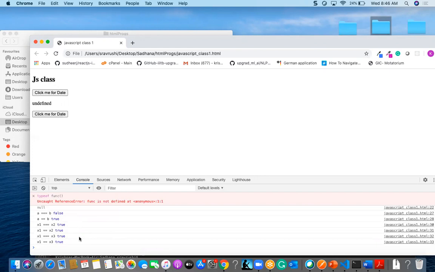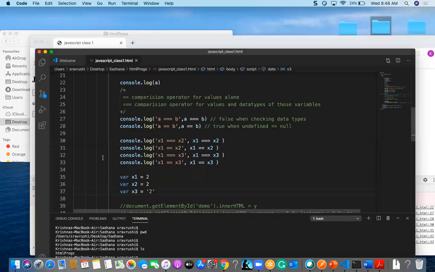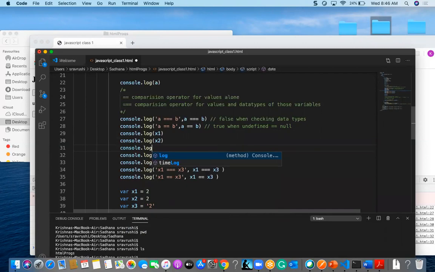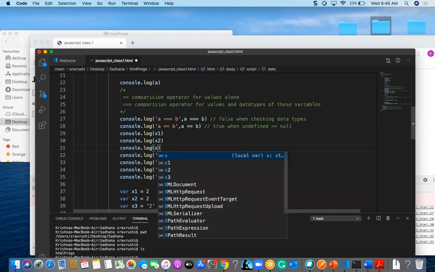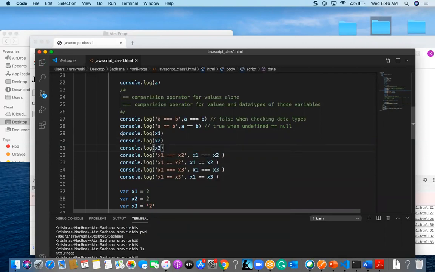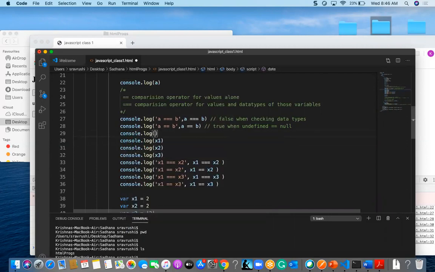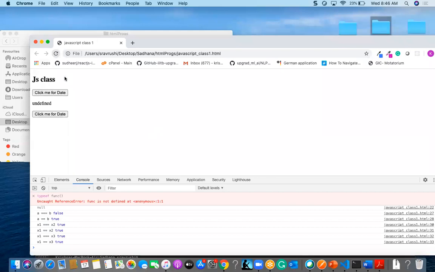I will show you the values of x1, x2 here, what it is going to display, and console.log x3. So these are the values of x, right?